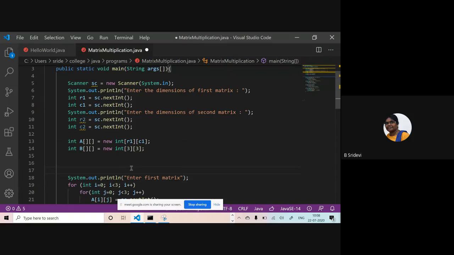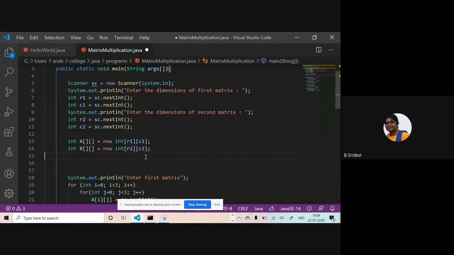Otherwise, you should not use them. I have read them before using this. If I do not read this, if I read after this, it will give an error. By the time we get here, the values should be known. How much memory to give should be known, right? Next, what should I put here in place of this? R2, C2. So I read the dimensions of the first matrix.